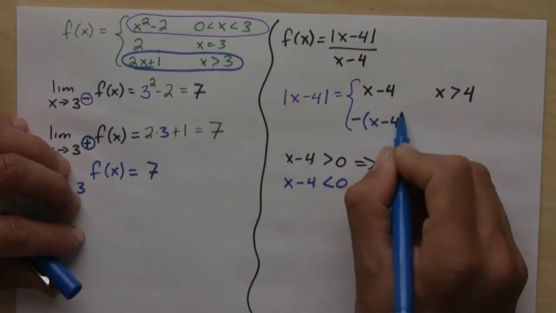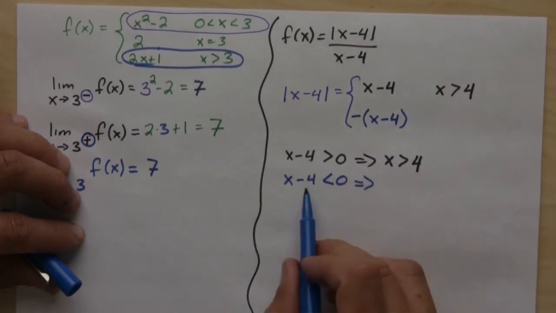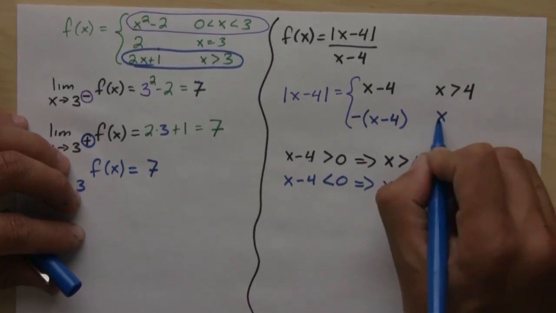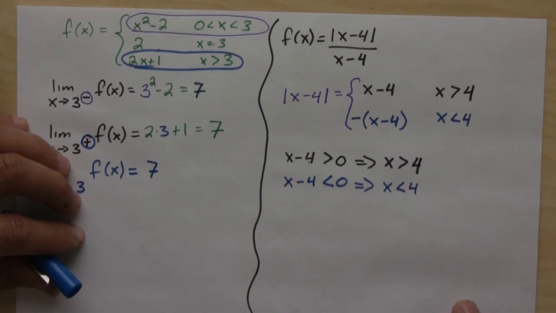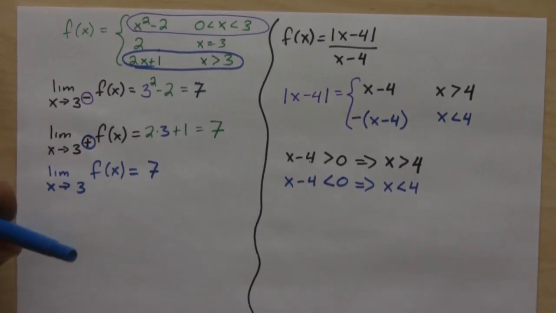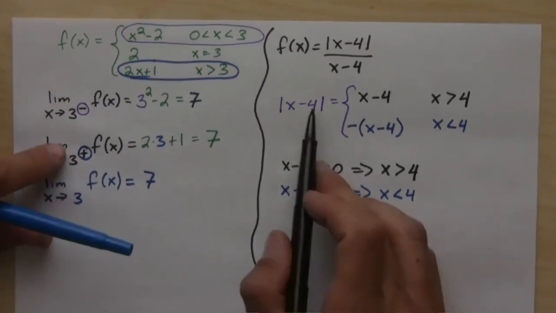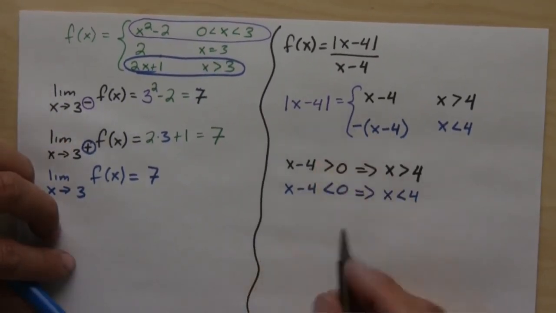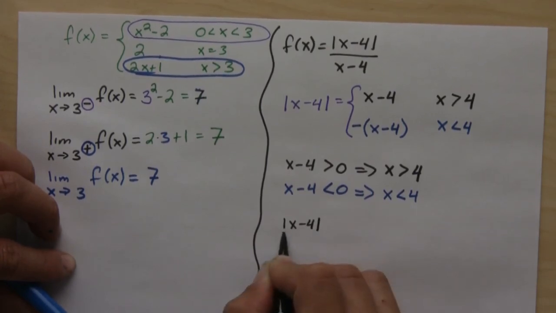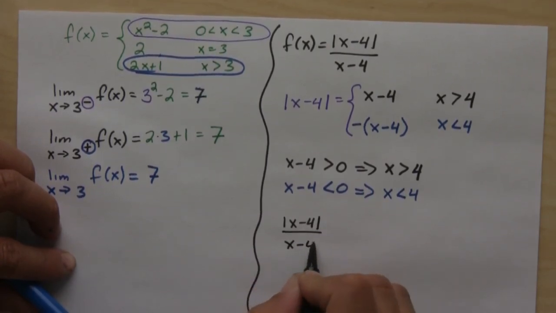So this would be negative (x minus 4) when x is less than 4. Okay, so if that's what this guy is, then that means that absolute value of x minus 4 divided by x minus 4